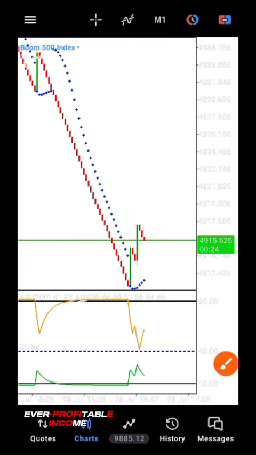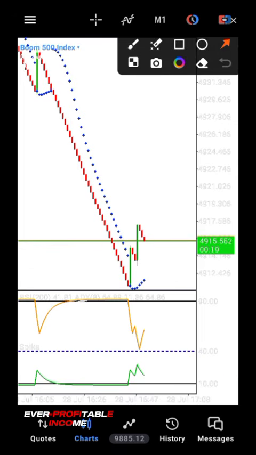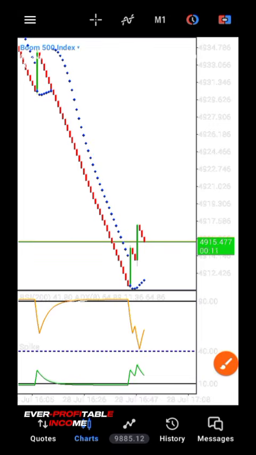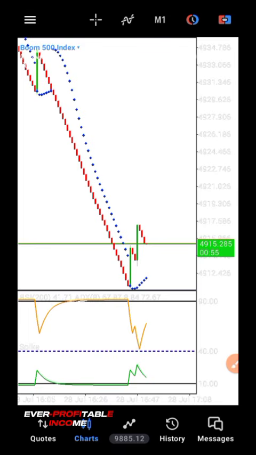On our main chart, we have the parabolic SAR. The parabolic SAR is these dotted lines you are seeing. This blue dotted line is the parabolic SAR. And on the indicator window, we have the RSI and the ADX indicator, the average directional movement indicator. These indicators are very effective and they will help you catch every spike without missing any if you follow my